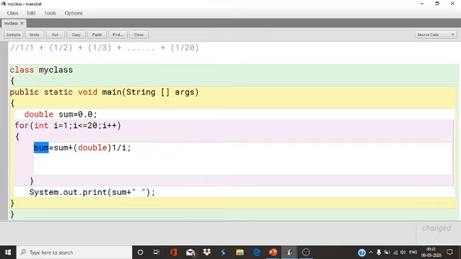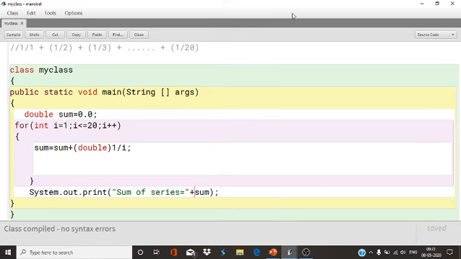Now all the values of these will be stored in sum, and after that we'll print the value of sum. So simply we can print this by using here sum of series equals to plus sum.